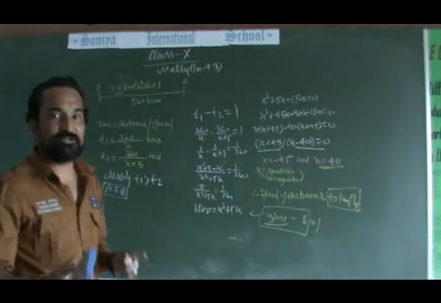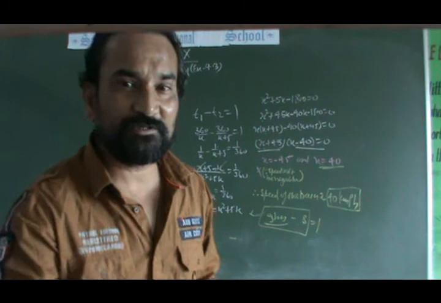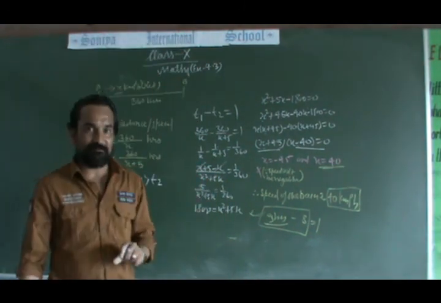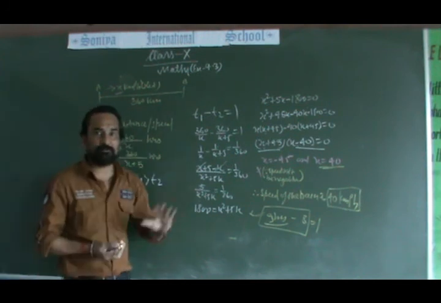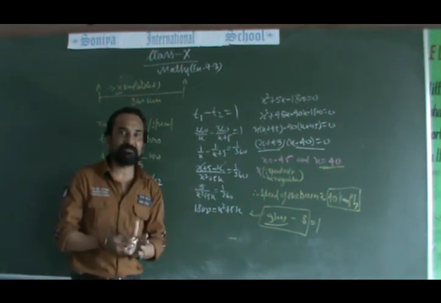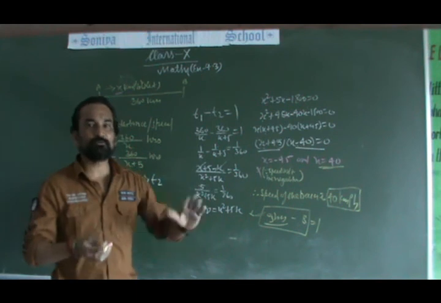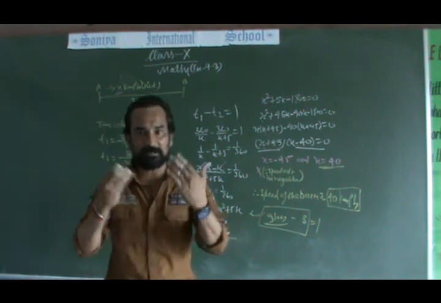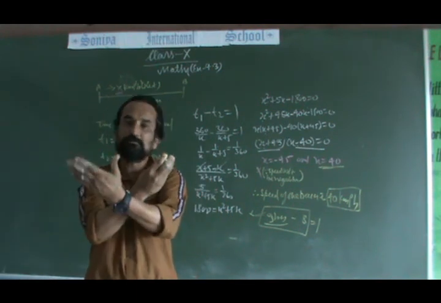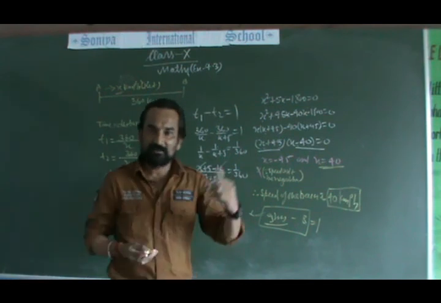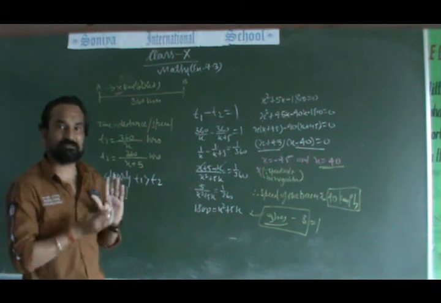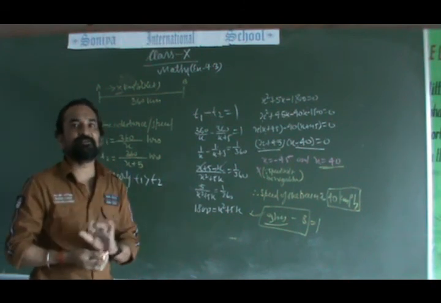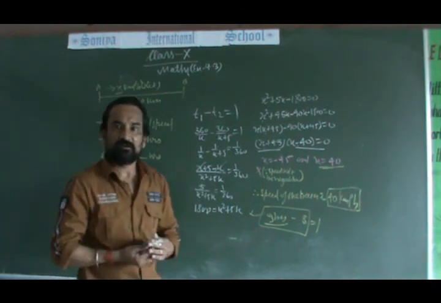What formula did I teach you today? This is very important. That is the discriminant. What is the discriminant? Discriminant is the property of a quadratic polynomial through which we can identify whether the roots of the quadratic polynomial exist or do not exist. How will we find it? We will find it by finding the value of D, which is known as the discriminant. And discriminant D equals b square minus 4ac.